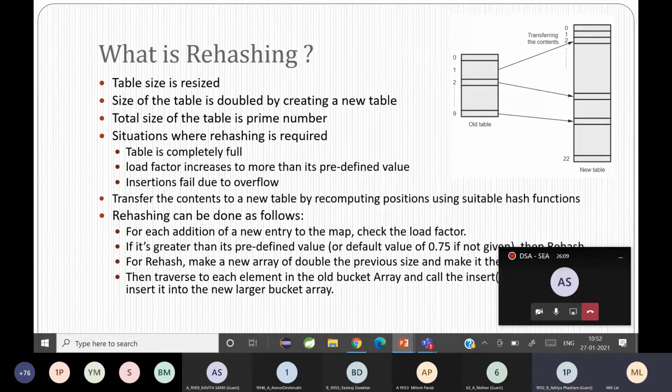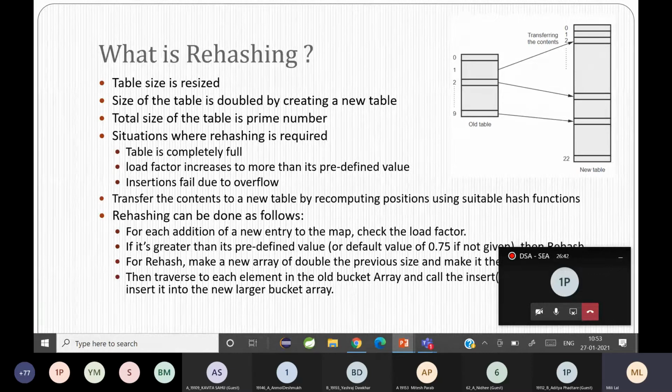When the number of keys to be inserted is more than the available buckets, or the table size. So when you have many keys, but your bucket size is not sufficient, and the hash table becomes full, and you have keys remaining to be inserted, that condition is called overflow. So when that condition comes, the option they tell you is to do a rehashing.